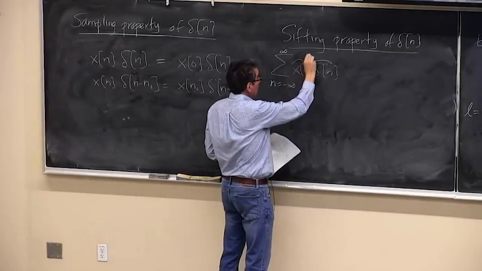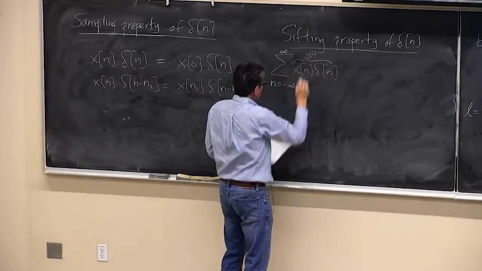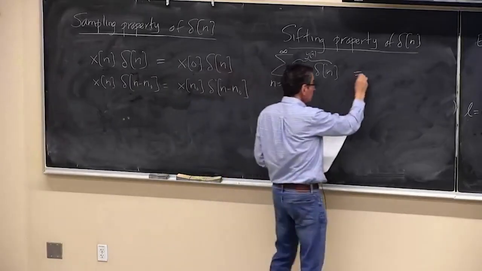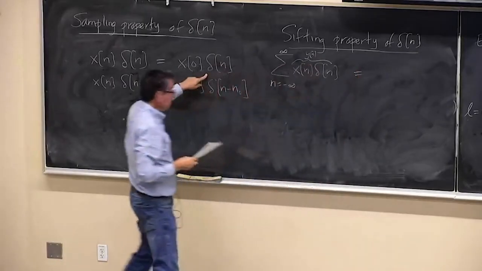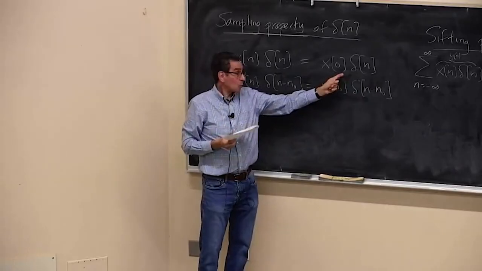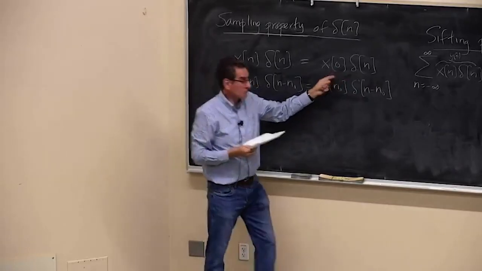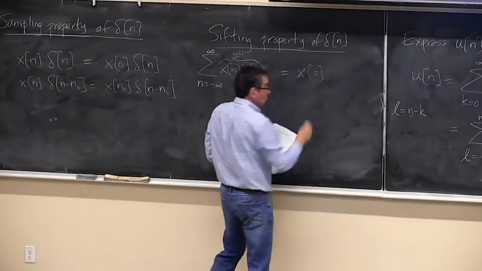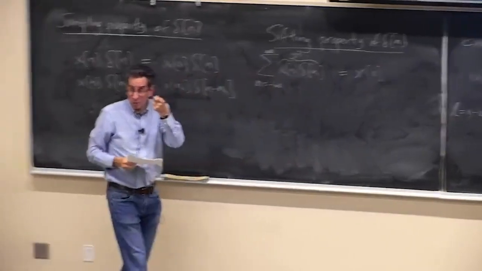We could call it y of n. And now we're summing up all the values of y of n. We decided this was a unit impulse, but scaled by x of 0 at time 0. So what we get out is just the value x of 0. So it sifts out the actual numerical value of the signal